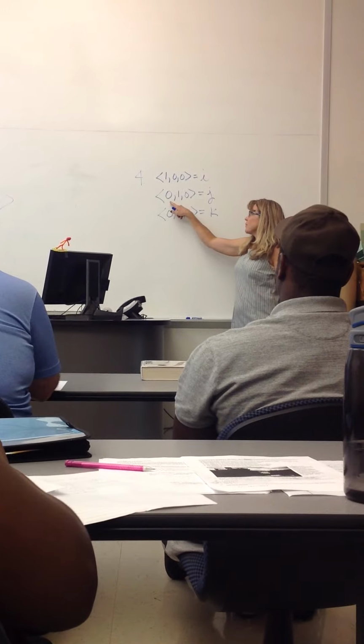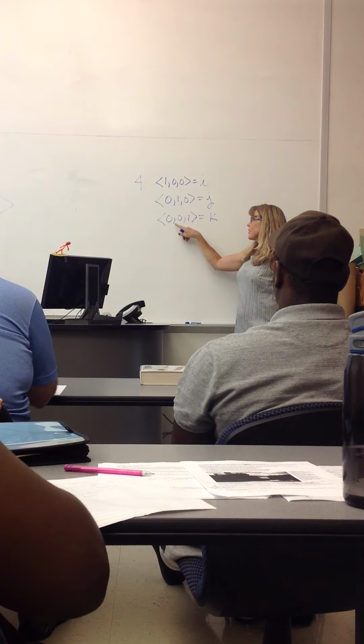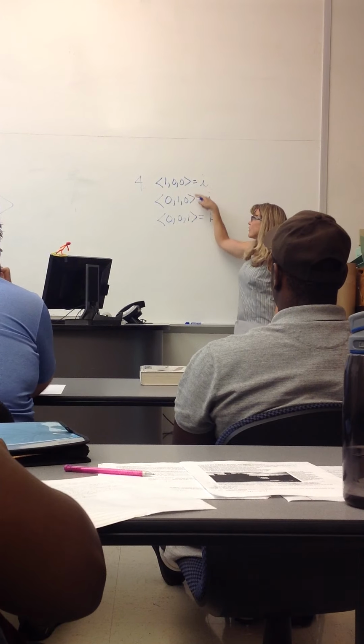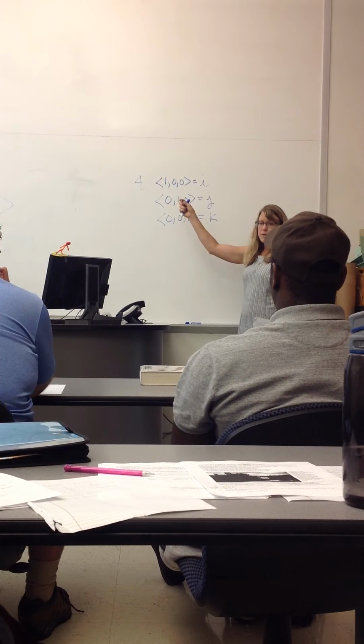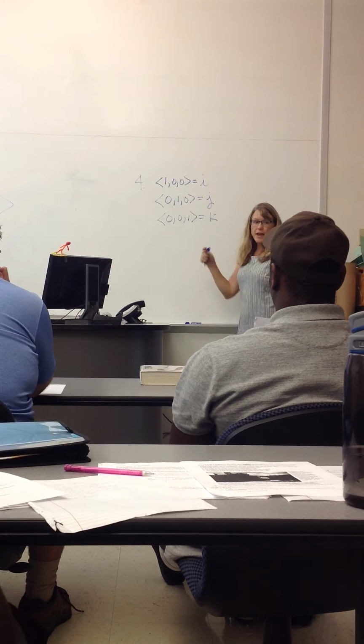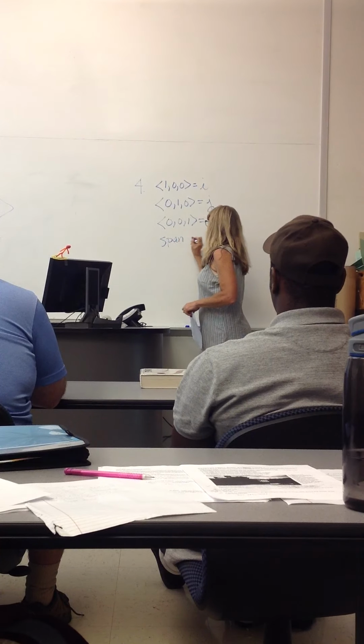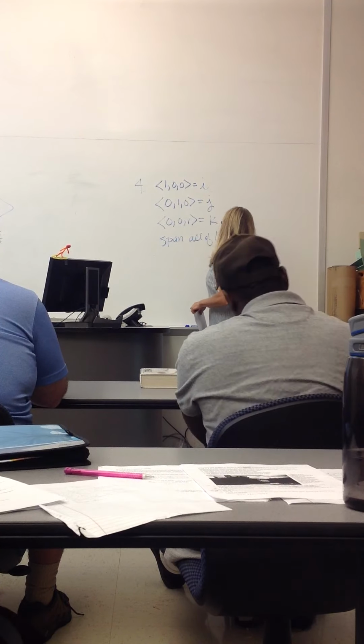Just multiply this one by some number, multiply this one by some number, multiply this one by some number, add those three together, you found a point out in space. Change your multiples, add those together, you found a different point in space. So these will span all of R3